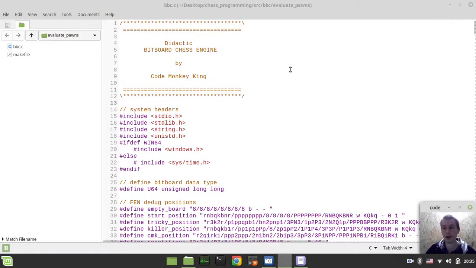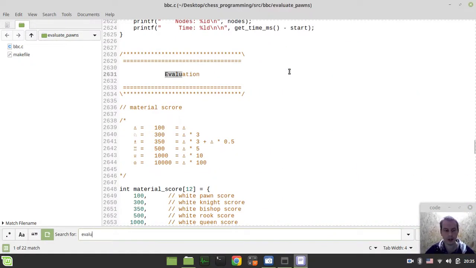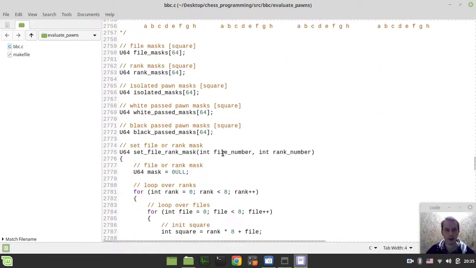PGNs here. In this video we're gonna finally make use of our passed and isolated pawn array pawn masks to give either bonus or penalty to the corresponding pawns. So let's find our evaluation section here, and I just want to paste some